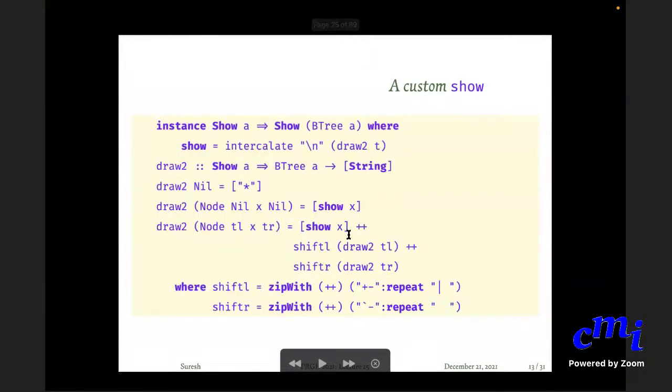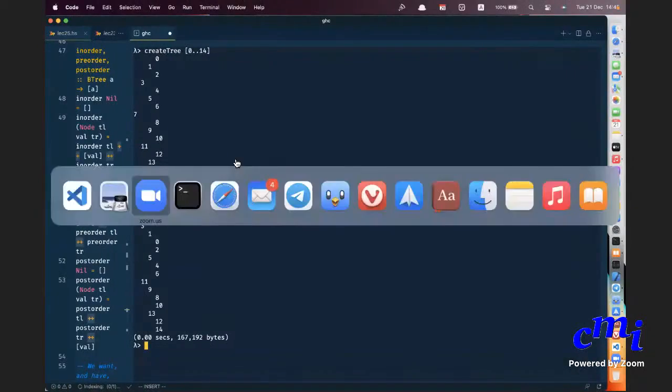It's a similar kind of program, except now instead of just doing a simple shift, I'll do a shift left. There is one kind of shift for left subtrees. There is another kind of shift for right subtrees. And here, yes, I can do the same map, whatever. No, it cannot be mapped because for the first element it is this, for the subsequent elements it is this.